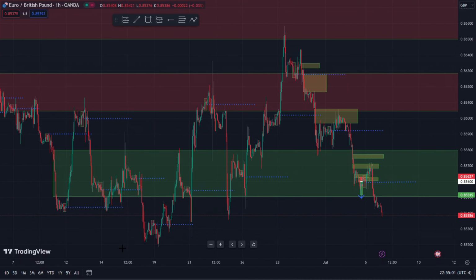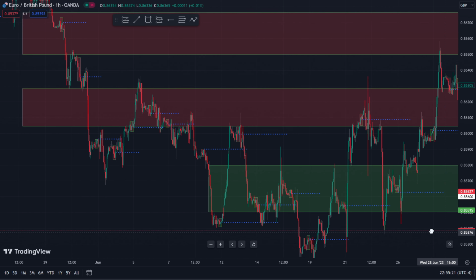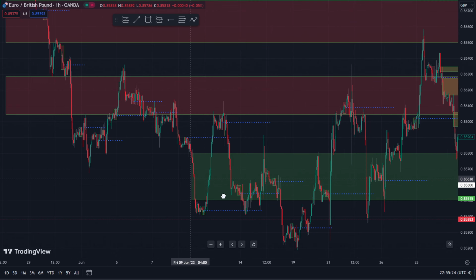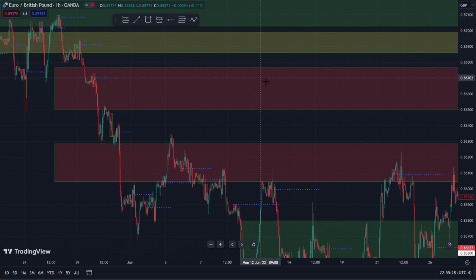Hello, good morning. Today I'm here to talk about the basics of ICT concepts strategy. I know very well that you are seeing a lot of drawings in this chart, but I will explain what these drawings mean and what to do if you see one. First of all, these drawings that you see here are on higher time frames,